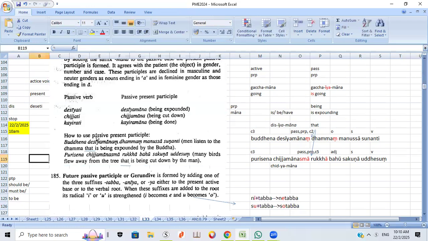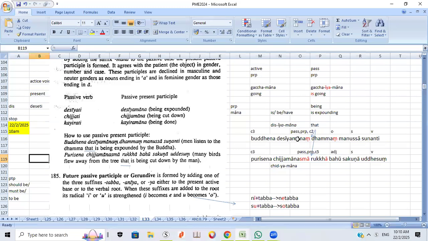So then here it gives you the example. This is very important: how to use a passive participle. Can you see the word putena? The word putena, that means technically this was the agent. It was previously the subject. So you see, you put it in here. Putena,